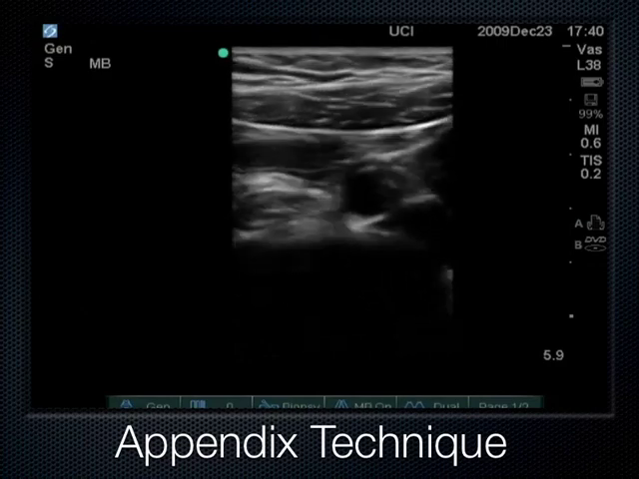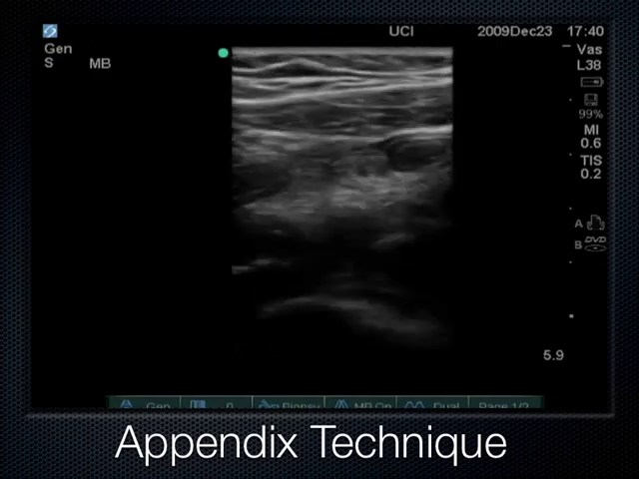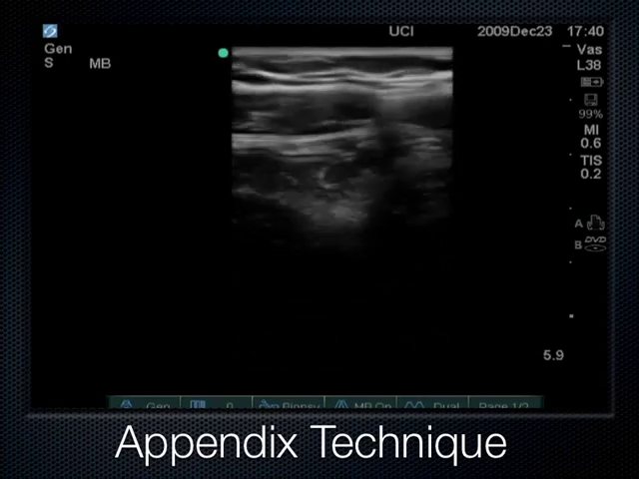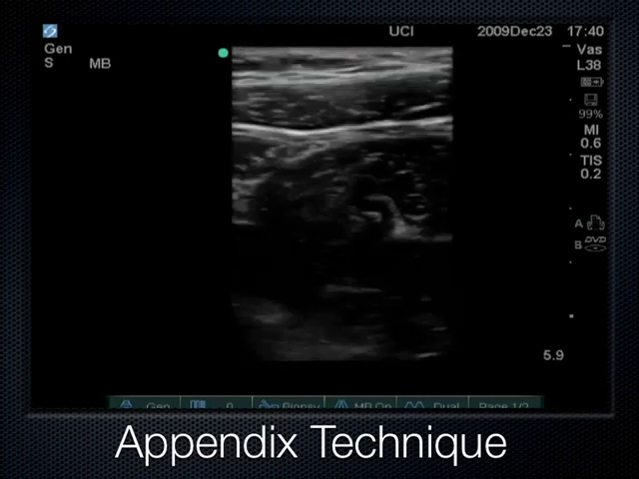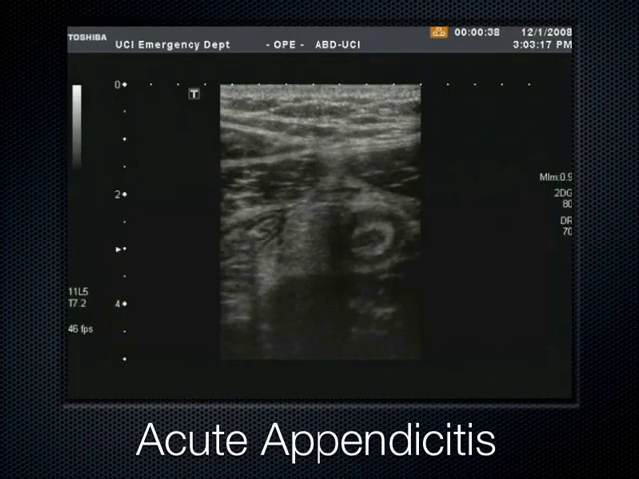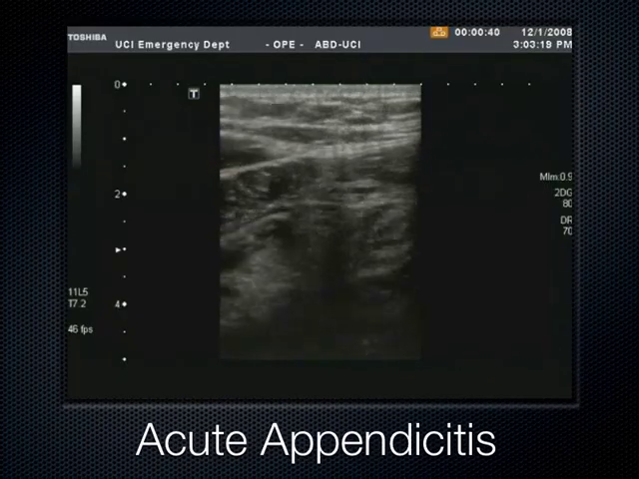And there are loops of bowel that get sandwiched between the psoas, which is a very long muscle. The psoas sandwiches the bowel. Now, if the bowel is normal, it just compresses and squirts out of the way like it is here. But if the bowel is abnormal, if it's acute appendicitis, then you get this round structure here